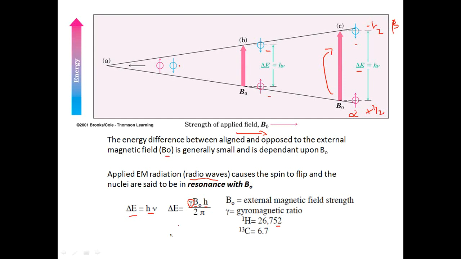So this gyromagnetic ratio depends upon the magnetic moment of the nucleus, as well as its magnetic spin quantum number. Based upon that the gyromagnetic ratio depends, and based upon this gyromagnetic ratio only, the energy difference between the lower nuclear spin state and the higher energy nuclear spin state exists, which is seen when you apply it in an external magnetic field.